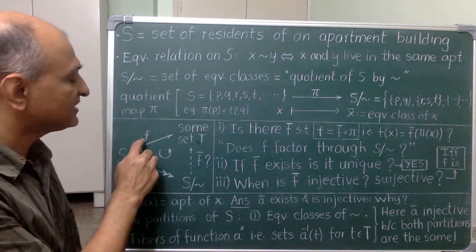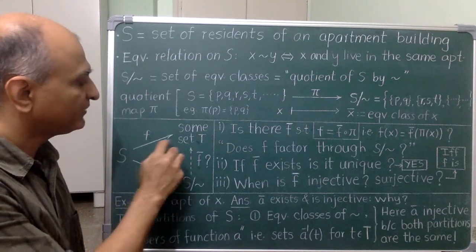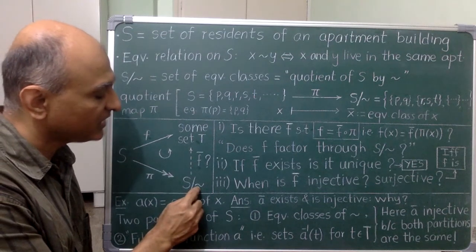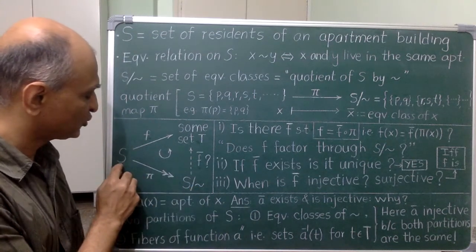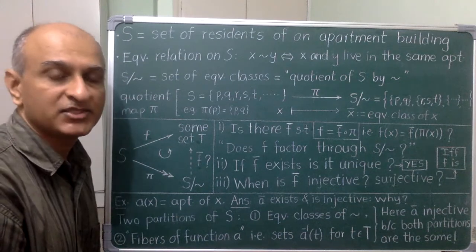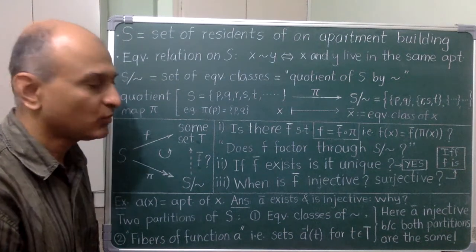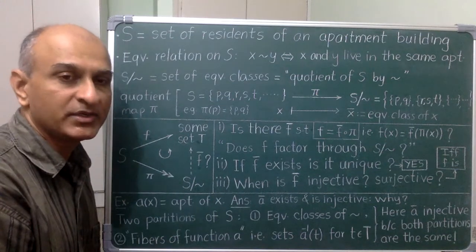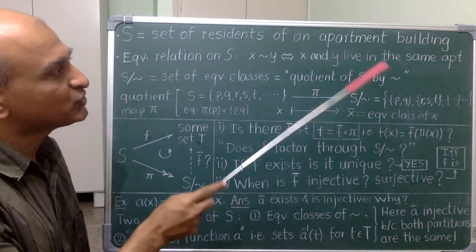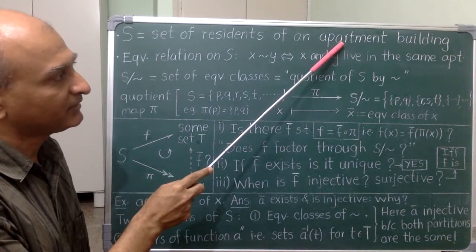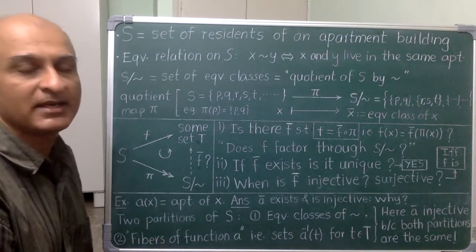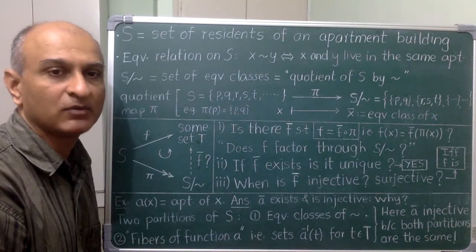Okay, next let's try to deal with the general case. Now, f is an arbitrary function between two sets, and we are also given an arbitrary equivalence relation on the source set. In this situation, you should again try to answer all of these questions precisely. For intuition, it is useful to keep this example in mind. And the two partitions will also come in handy. So please do this now.